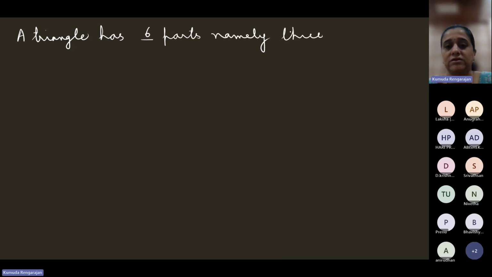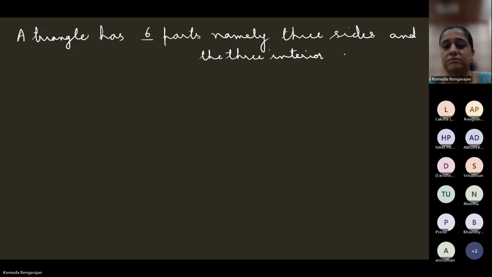3 sides and the 3 interior angles. So a triangle has 6 parts, 3 sides and the 3 interior angles. 3 plus 3, 6. So 2 triangles